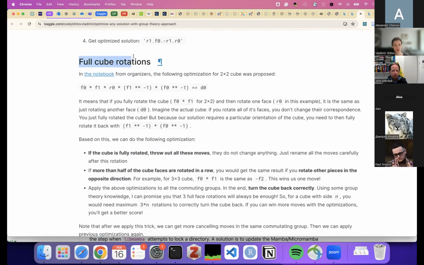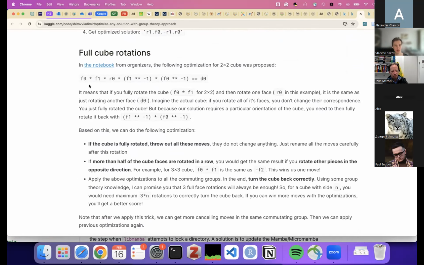Another idea that I implemented, which was not my idea actually, was stated in the description of the competition by the organizers.